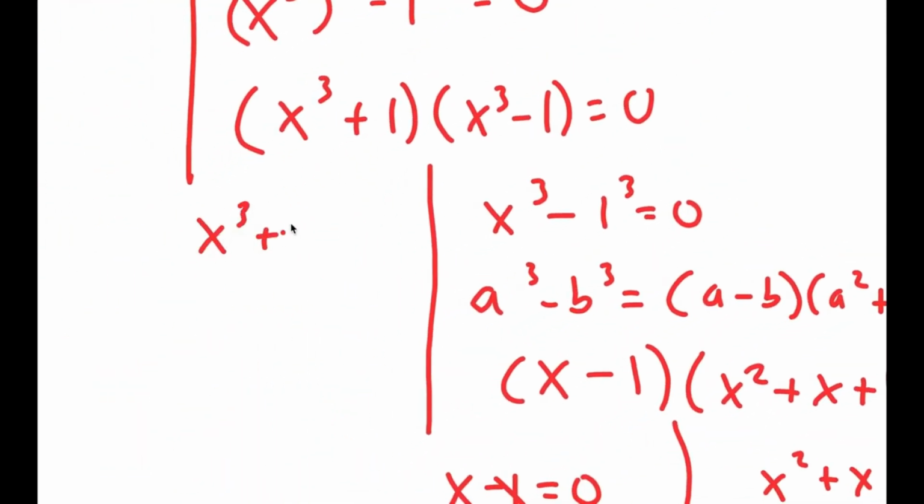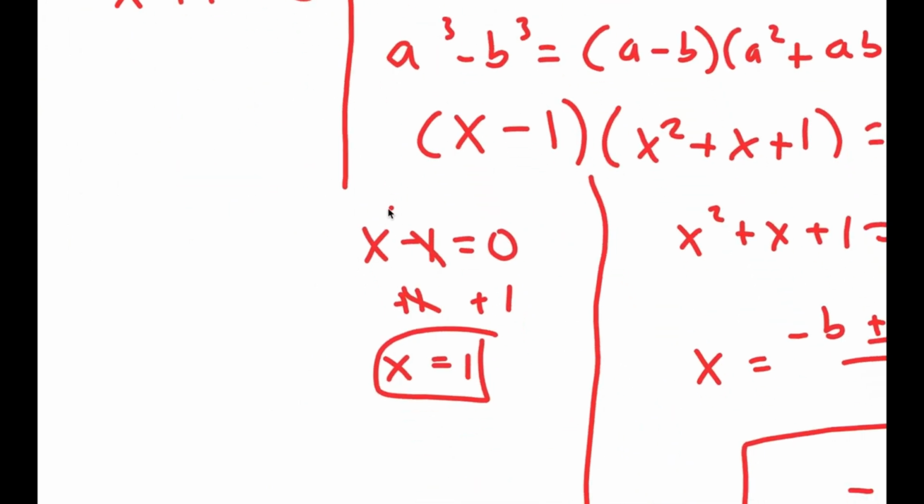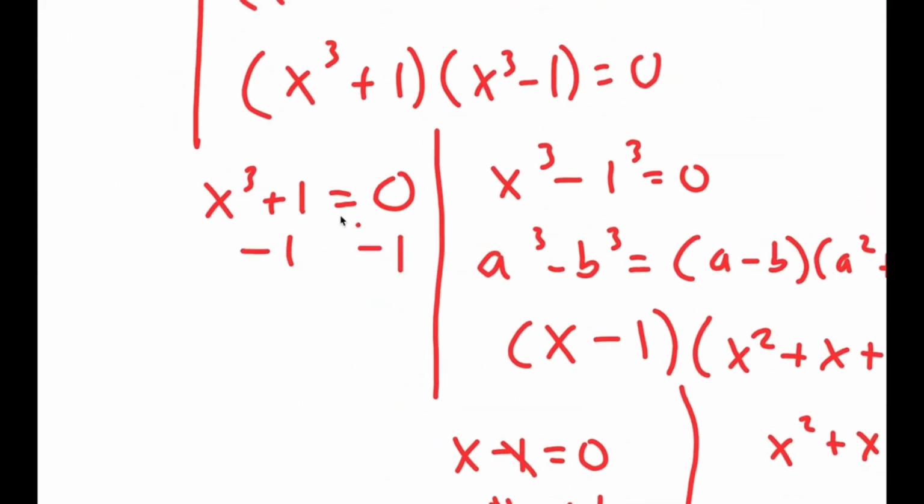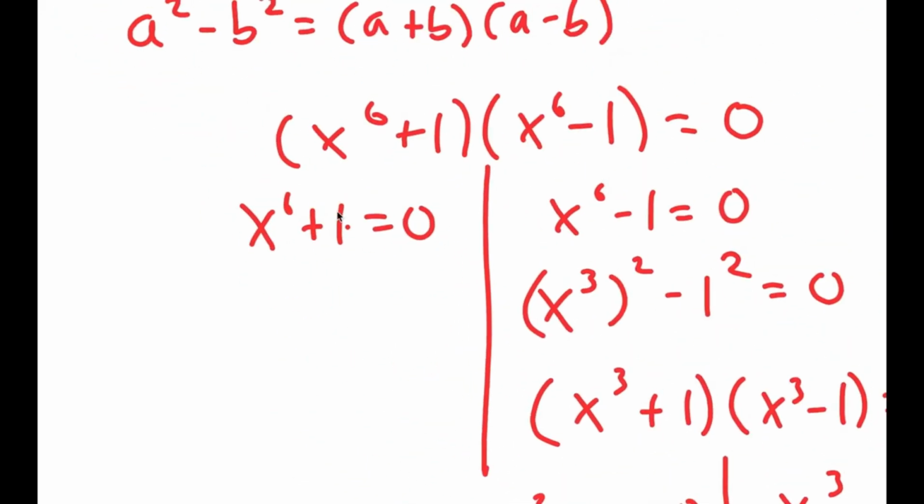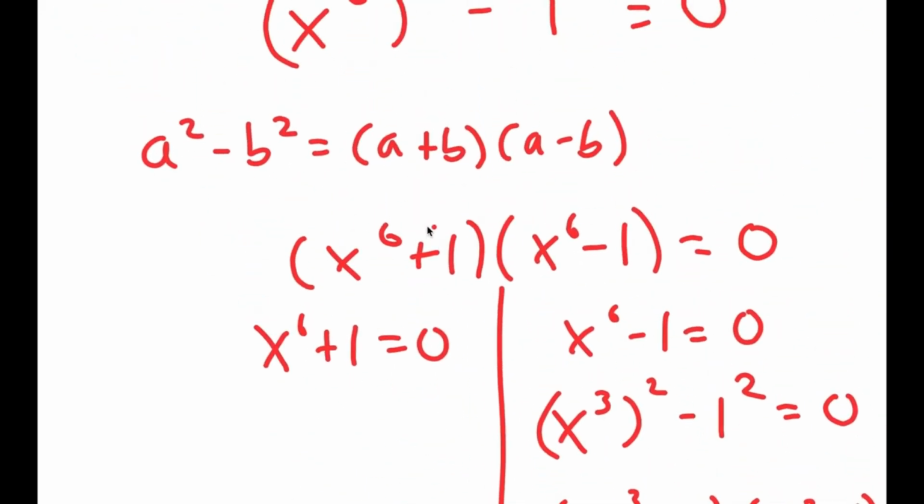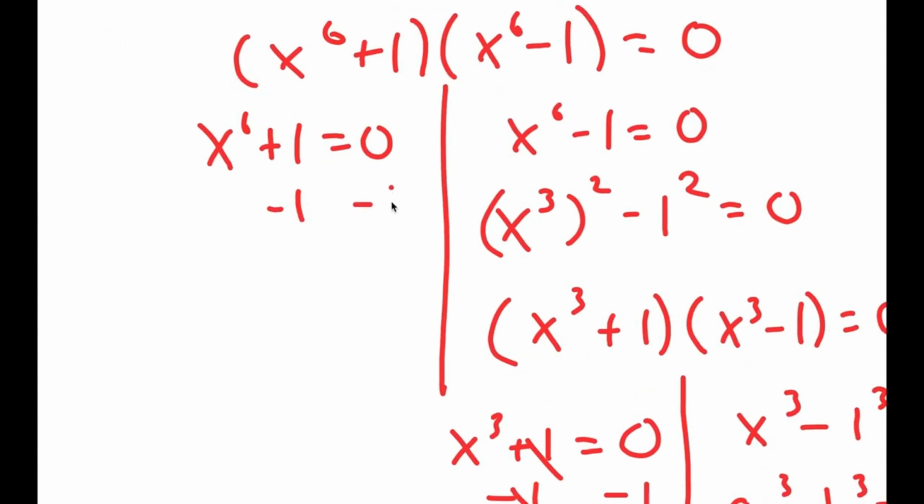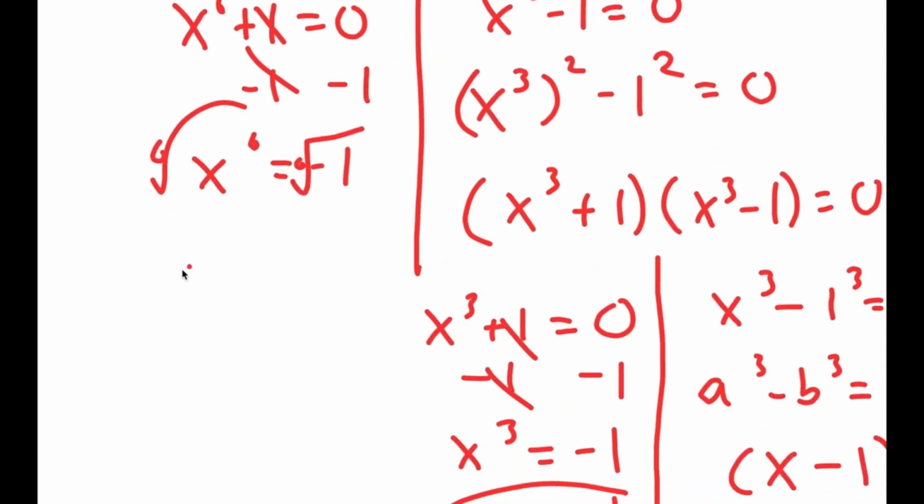So now I have x to the power of 3 plus 1 is equal to 0. And I'm going to subtract 1 on both sides, so I get x to the power of 3 is equal to negative 1, meaning x is also equal to negative 1. So this is another solution. Now for x to the power of 6 plus 1 equals 0, I'm going to again subtract 1 on both sides. So I get x to the power of 6 is equal to negative 1. And if I take the 6th root, I get x is equal to the 6th root of negative 1,